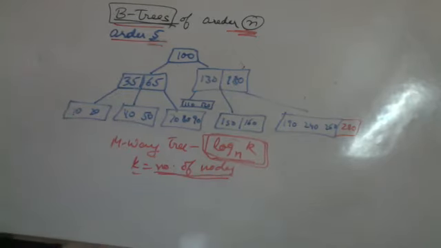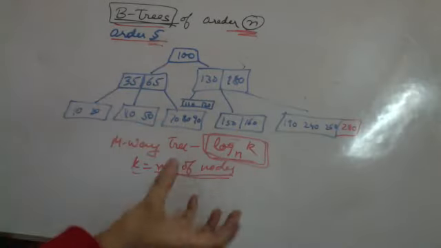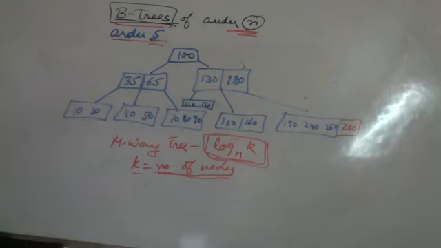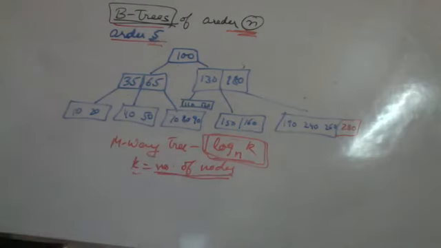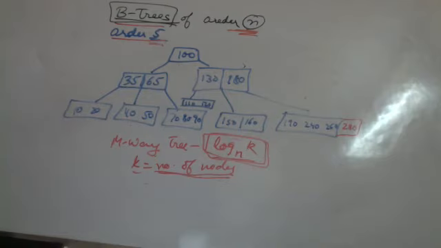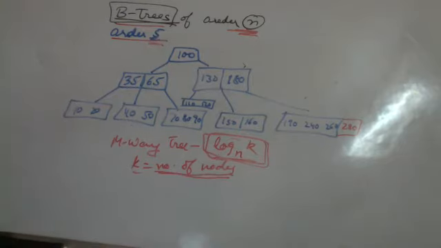That is why the maximum search time is this. Search has to happen at every level. At one time, all the nodes of one level will be copied into the primary memory. So the maximum time that can be taken is of the order log k to the base n, where I am talking about an n-way B tree. K is the number of nodes in the tree. Let us see how we insert data into a B tree.